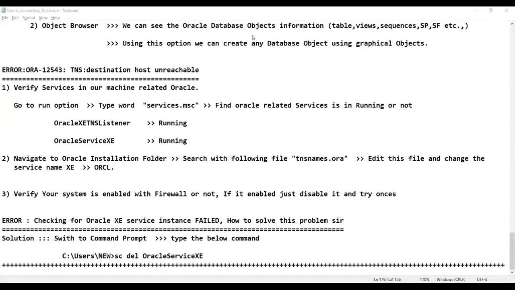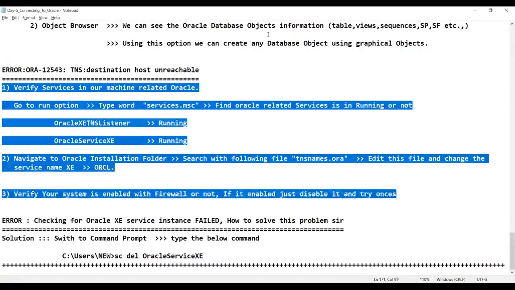Sir, that's what I told you, right? The destination host unreachable solution. This is the solution for you guys. You need to try this one. Guys, if you are still facing this issue, you can uninstall the